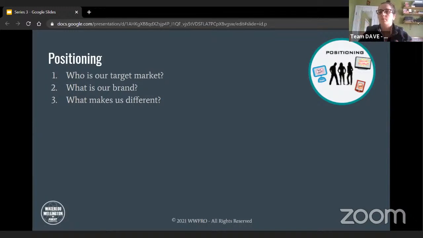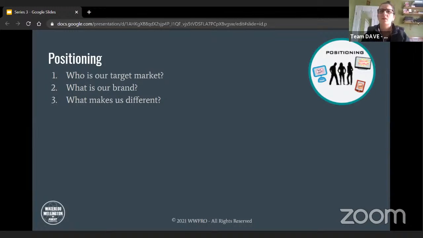Positioning is also the way you appear in a customer's mind. For example, we're going to stray away from the toothpaste for a second. When someone says the word Gucci, what do you think? You think expensive, it's luxury. That's the positioning. That's where they are in your mind. That's essentially what we're going for: when you have that phrase, you want that to be the first thing you think of. With toothpaste, the first thing everyone thinks of is it's clean. 4 out of 5 dentists recommend it. That is where toothpaste sits in everyone's minds. It's a necessary thing for everyday needs.